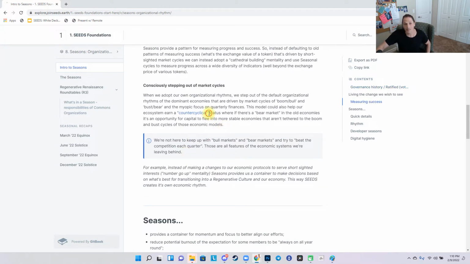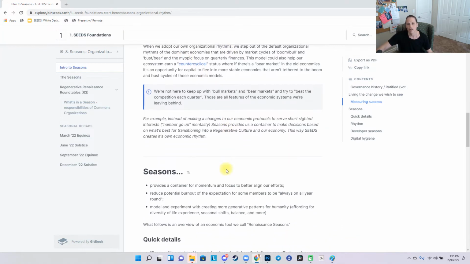One more part that I think is really awesome here is that we could achieve a counter-cyclical status. So with the current dominant, old economies going through bear and bull markets and their regular cycles of boom and bust, we can create our own economic pattern. When the old economies are going into a bear cycle and everyone's looking to flee to different assets, Seeds can be having a completely different economic rhythm that would be a balancing act for that. So people who are looking to leave a bear market could then join Seeds and enter into a new type of economic system that has its own behaviors attached to it. Anyway, we can get really deep there, but this is, again, setting the stage for a potential where we create our own economic rhythms.